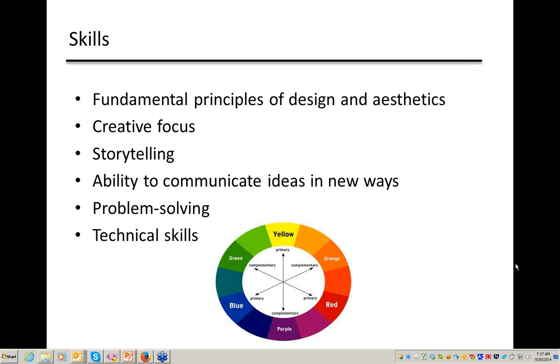And storytelling is another word you hear a lot. Storytelling is really how we perceive images and film. When you think about advertising and graphic design and you see a really great poster and you feel compelled to read it and look at it, well, you're finding out the story. What's there? What did the designer want you to see, want you to read? What did they want you to walk away with? And this is the ability to communicate ideas. And we talk about communicating ideas. Now we have so many different ways. We're not just limited to print, which is very exciting. And again, problem solving, always part of the design process.